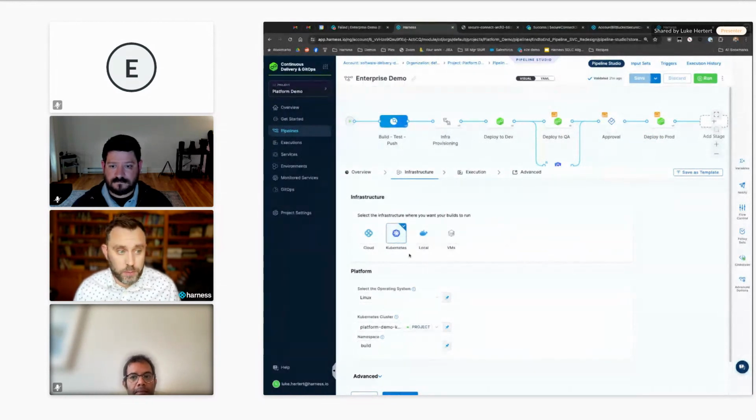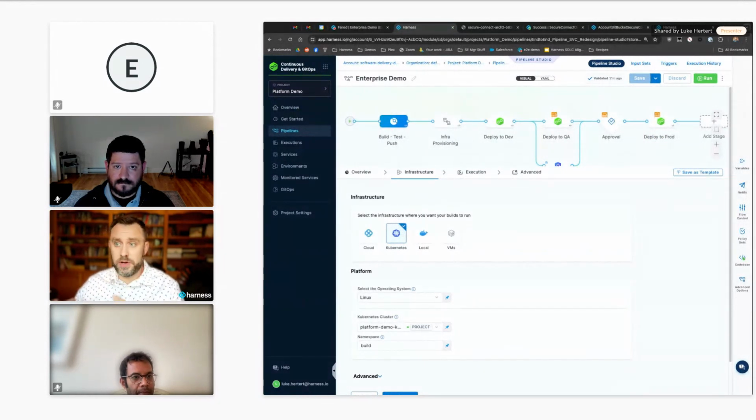So first of all, from a Harness perspective, we have several flavors that we support that allow our customers to self-host their build infrastructure. So you do your builds on your own VMs or in your own Kubernetes cluster or on your own laptop. That's nice because it's as secure as you've made your networks, which is hopefully super secure.